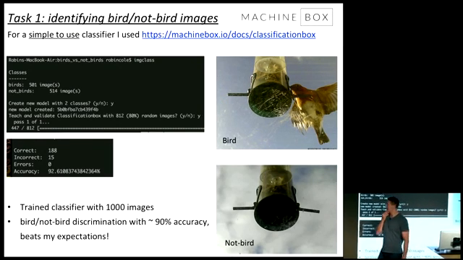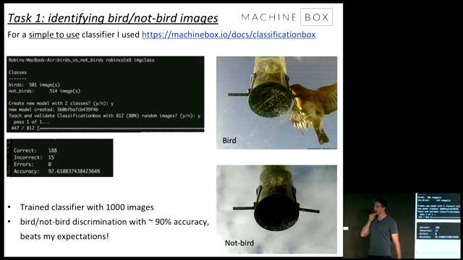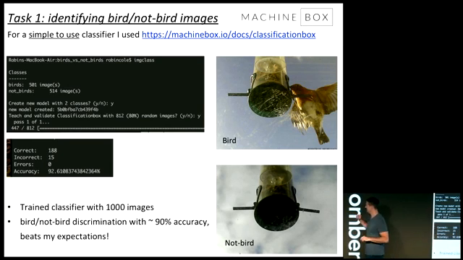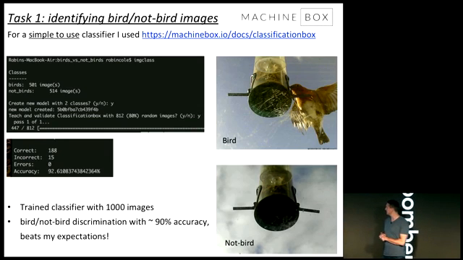So really the first challenge was what kind of classifier can I use to sort out the images with birds and those without. So this is an image of a bird, this is one without a bird. And I had a look online. I've been just generally interested in learning about deep learning and image classifiers, and I found a really neat tool.